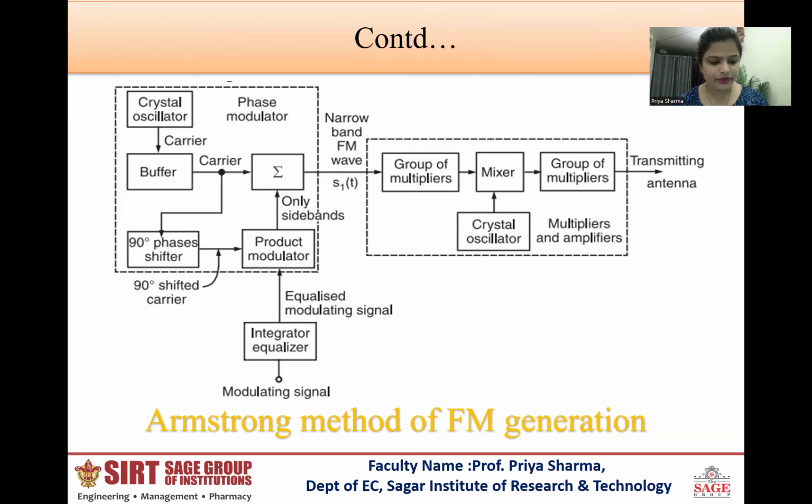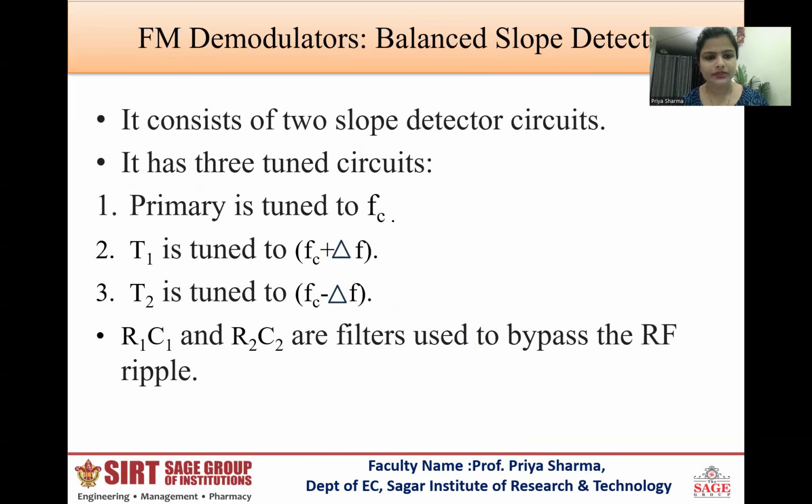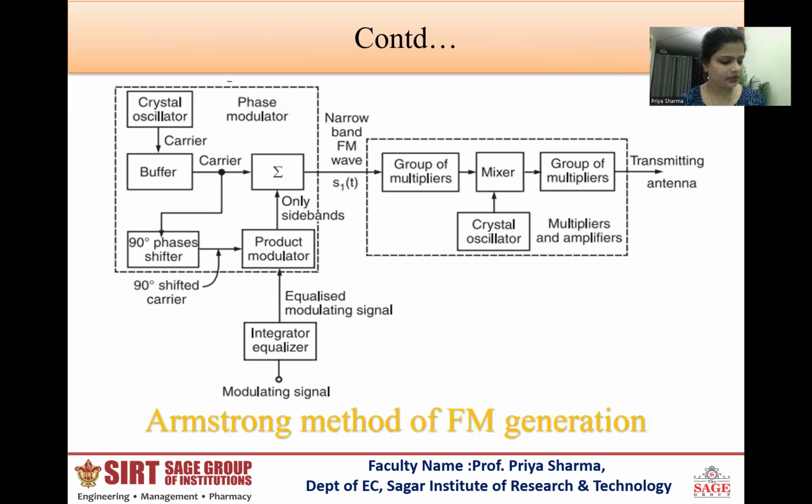Okay, students. Now, coming to the third part, combining both the first and second parts. In the third part, the audio equalizer is nothing but an RC low pass filter. The modulating signal is passed through an audio equalizer circuit and applied to the phase shift modulator. We get an FM wave at the output of the combining network. Thus, in the indirect method of FM generation, we use phase modulation to obtain the FM.